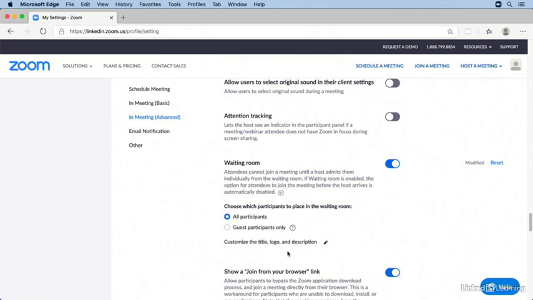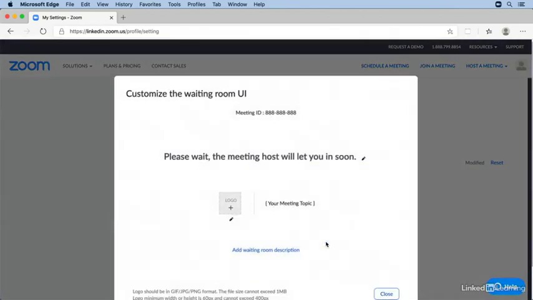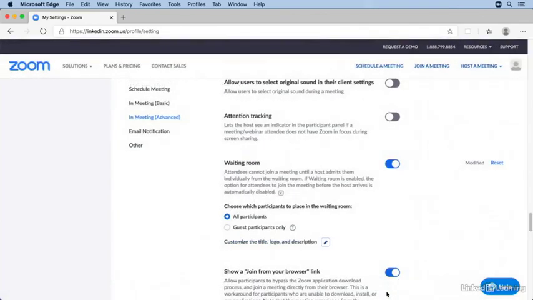You also have the option here to customize the screen people will see in the waiting room. So you can change the text here, you can add your company logo, or add the meeting topic. I'm just going to leave the default setting in this case. Just close that. Now, while we're here in Settings, I'm going to scroll up a bit